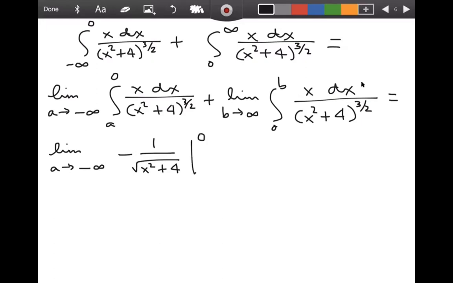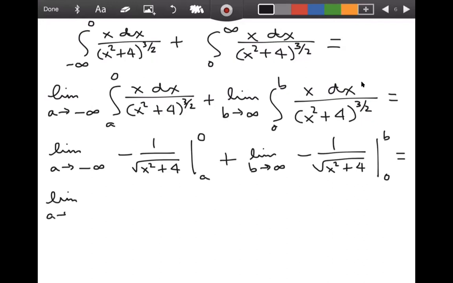Plug in 0, plug in a, plus the limit as b approaches infinity, negative 1 over the square root of x squared plus 4. Plug in b, plug in 0. All right, so we have limit as a approaches negative infinity. When you plug in 0, you get negative 1 over the square root of 4 minus negative 1 over the square root of a squared plus 4 plus